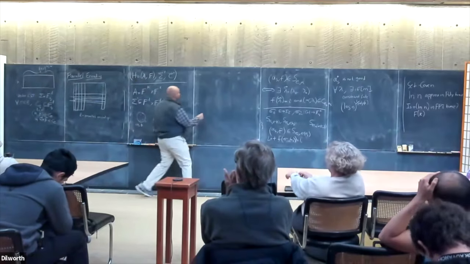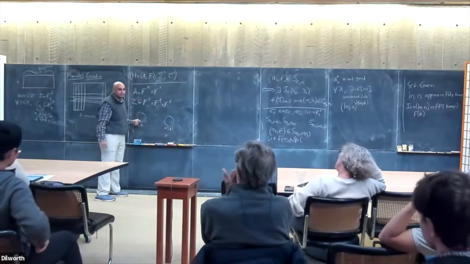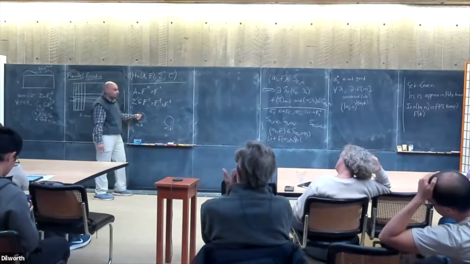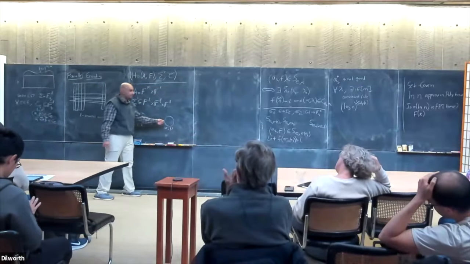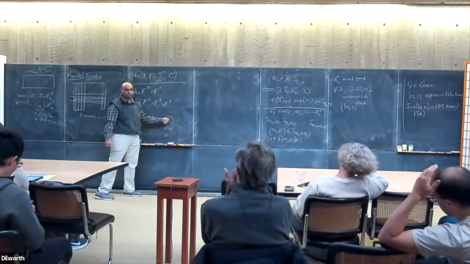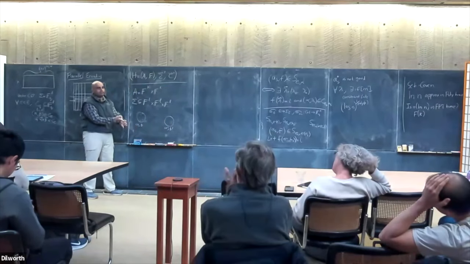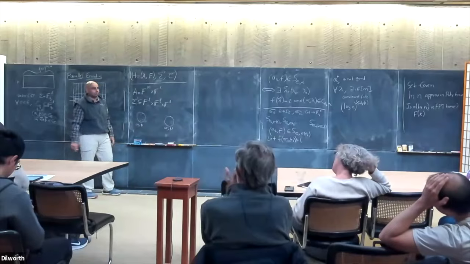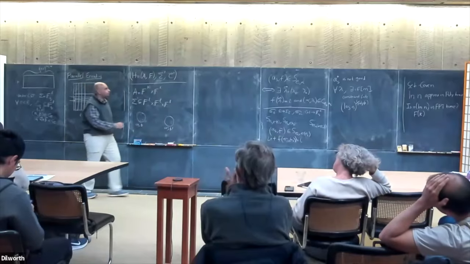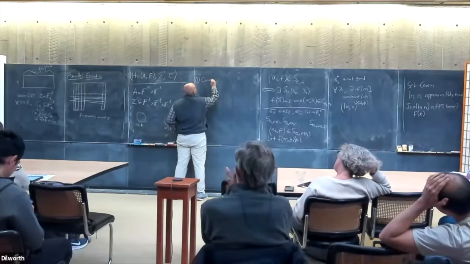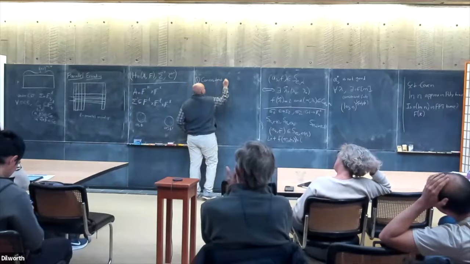Good. And now I'm checking consistency, right? So if I have some alpha, beta here, alpha plus beta, and I have some alpha prime, beta prime, alpha plus beta prime, if they have a variable in common, they should assign the same thing. That's my consistency. So that part is clear, right? So, consistent assignments.